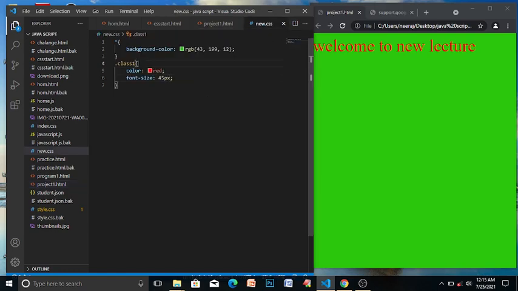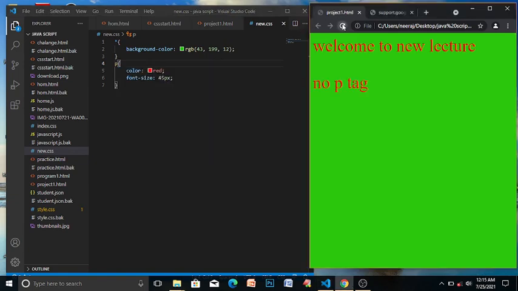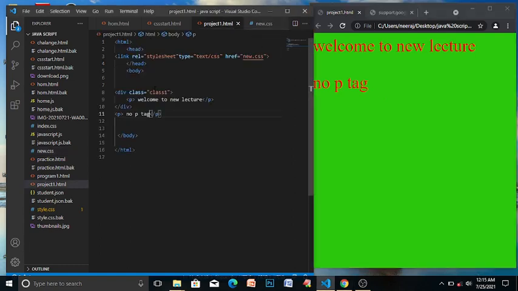If you select the element selector here like this and save it, then this same property will apply on both the paragraph tags. But no, we want the property to be only on this tag, not on this one. So don't select the element by its name alone. Like you can see, there is a class name before the element name.